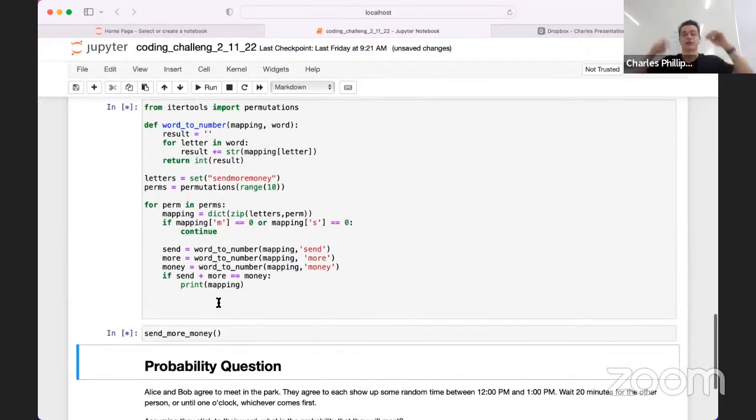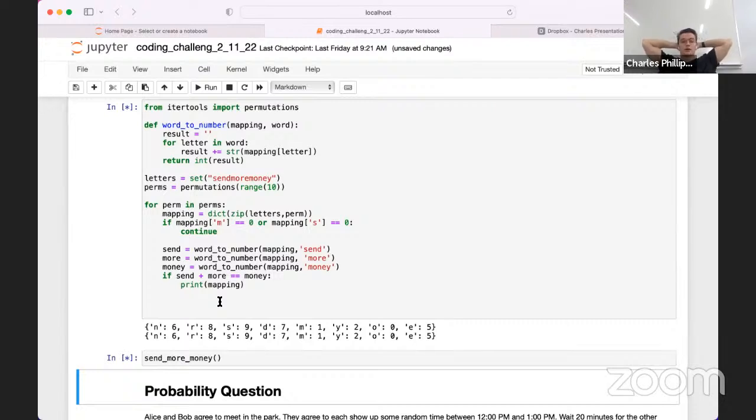It's going to take a little bit because it has to go through every single permutation for a 10 element list. There's a decent amount of permutations, so it's going to take a while, no more than like 20 seconds. So it's thinking, and like I said, this is brute force. So we give it a few more seconds, and we actually come out with